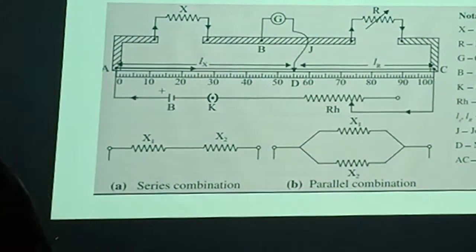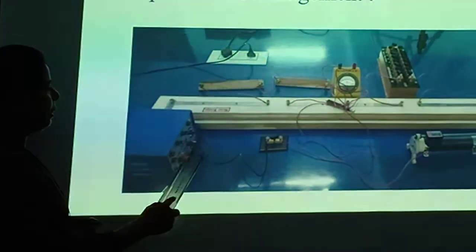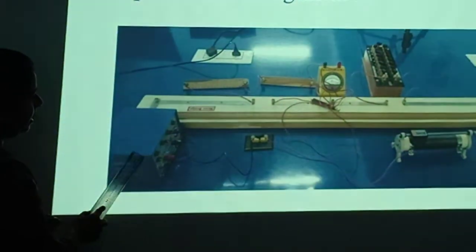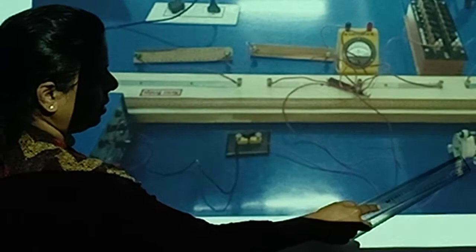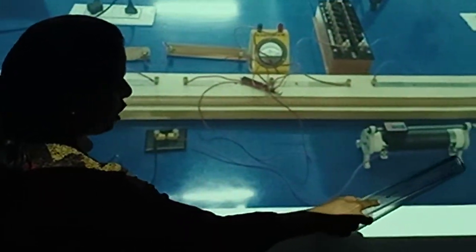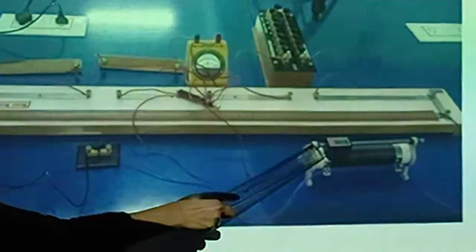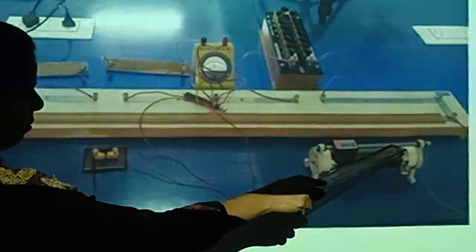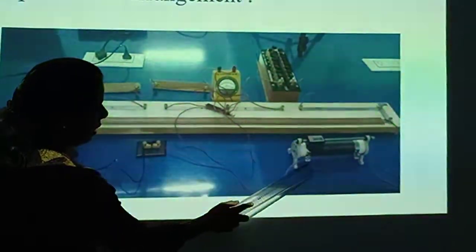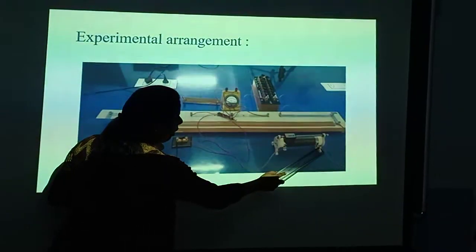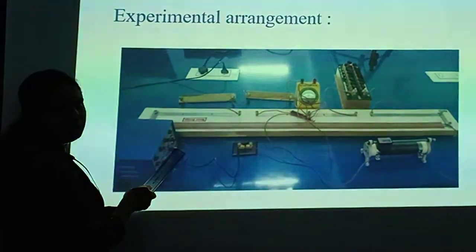Now let's move towards the actual diagram. So this is the actual experimental arrangement. This is the battery eliminator. This is the plug key to switch the current on or off. This is the rheostat. See, the rheostat has this fixed point, this is also a fixed point, and this is variable. This rod means variable. With the help of this key we can vary the resistance on the rheostat. So this rheostat has this variable terminal and two fixed terminals. One will be unconnected, only this will be connected through the key to the negative terminal of the battery.